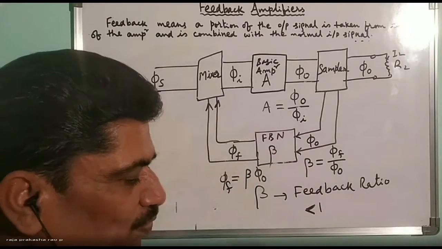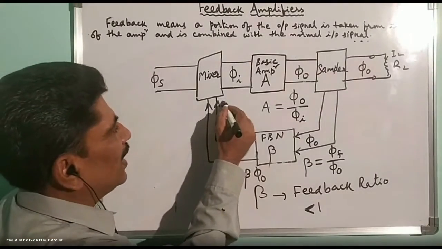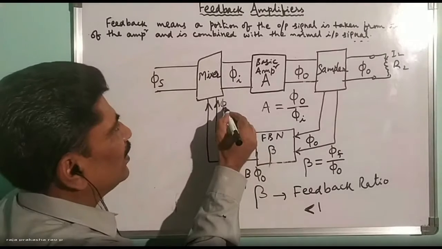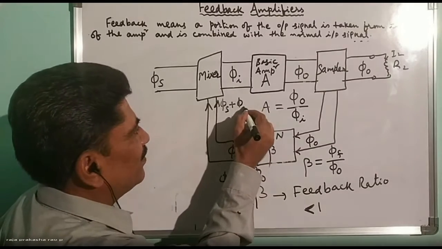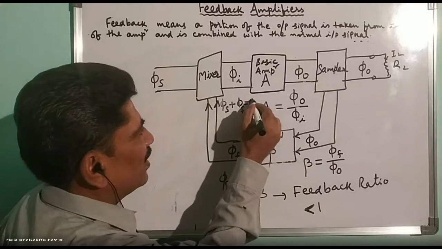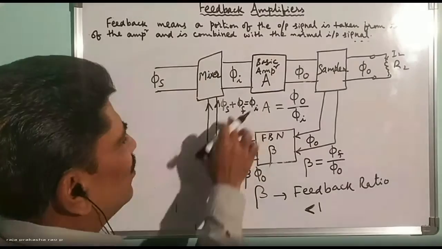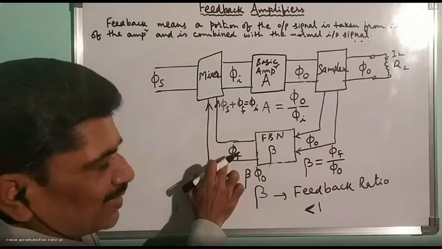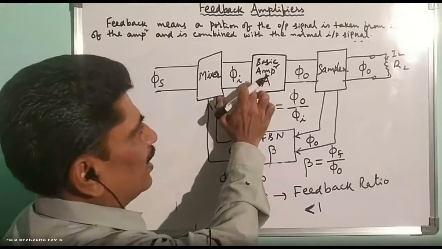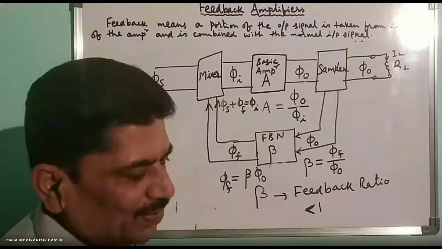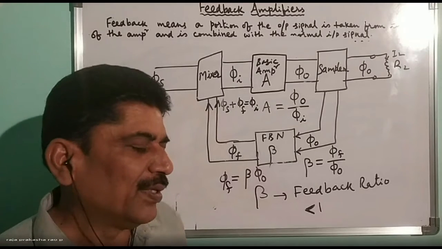If it is a positive feedback, we will add. That is, if it is positive feedback, we will add this Vf to input signal Vs. That is Vf, which is equal to Vi now. So this Vi will be nothing but Vs plus Vf. This mixture is adding these two, and that is available at the input of this basic amplifier. Okay, have you got the point now, students?